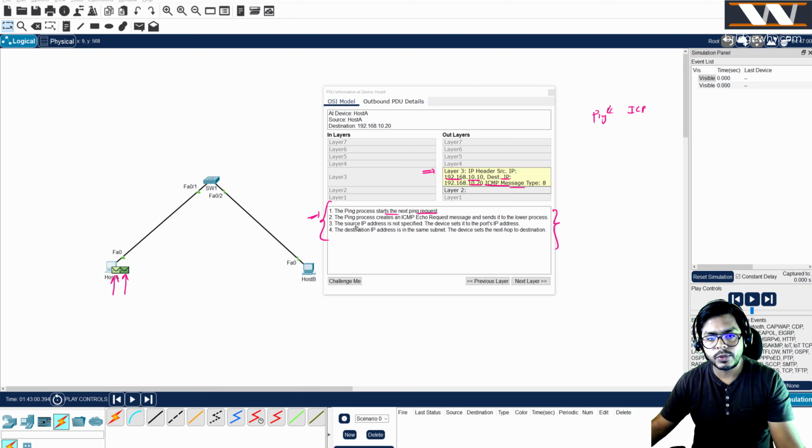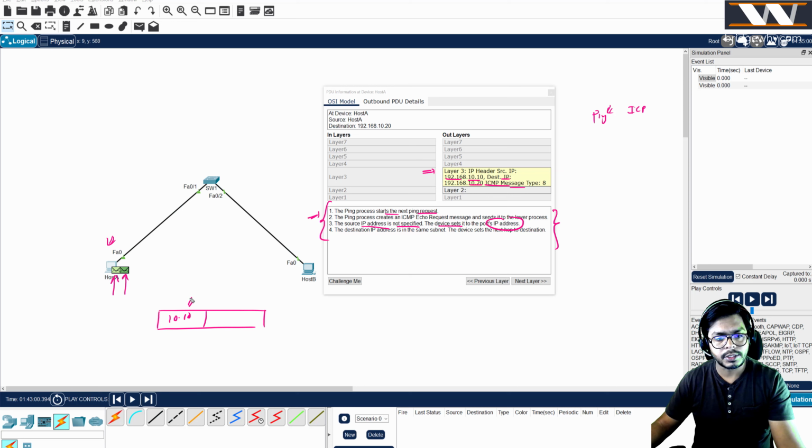So by the way, the source IP address of the packet, I haven't specified it. The device sets its IP address to its port IP address, whatever we have given here. We all know that the IP packet which is going to come out from here is going to have 10.10 as the source IP address, and 10.20 as the destination IP address. But we cannot fill the source and destination MAC,